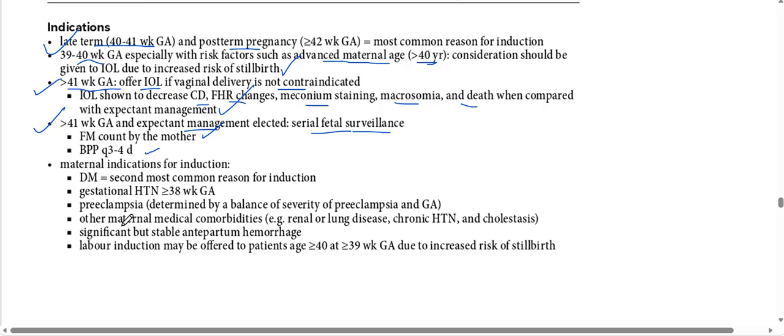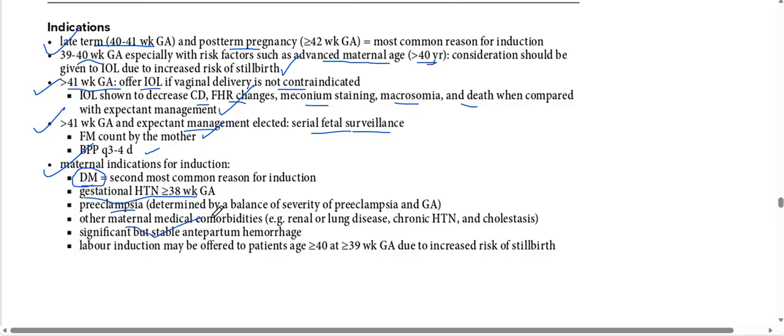Alright, now I am going to read the maternal indications for induction of labor. If the mother is suffering from diabetes mellitus, that is the second most common cause for induction of labor. The first cause, do you remember, guys? The first cause was late term or post-term pregnancy. The second cause now is diabetes mellitus. And if the mother is suffering from gestational hypertension at more than 38 weeks, definitely we are going to induce labor. If the patient is suffering from preeclampsia, okay,